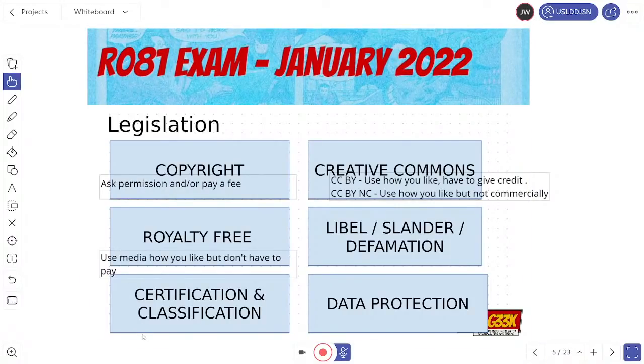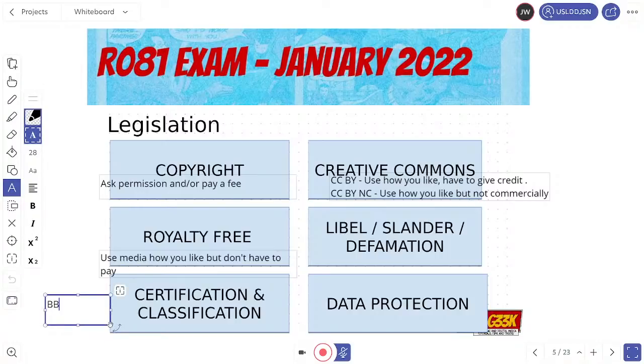So certification and classification. Now, certification is for films. So this is where you have got your BBFC, and I'm going to write this on the side here. So the BBFC is the British Board of Film Classification, I think, off the top of my head. And there you have got your classifications, so universal, you've got PG, you've got 12A, you've got 15, and you have got 18. And essentially all this is you being aware of how films have to be classified depending on the content. So it could be to do with drugs or drink, it could be to do with violence, gambling, etc.